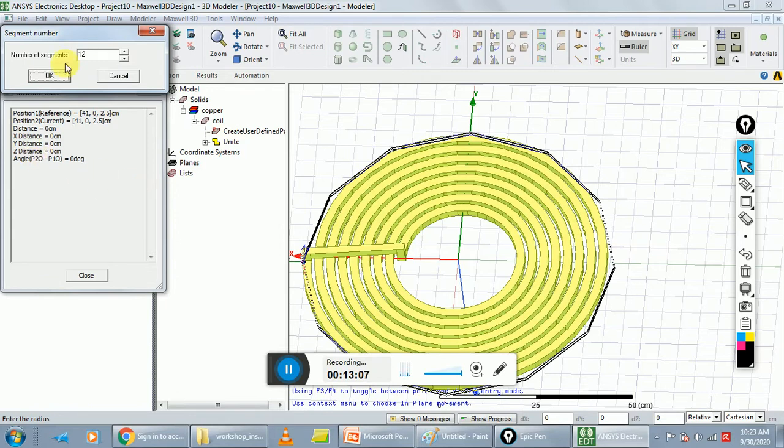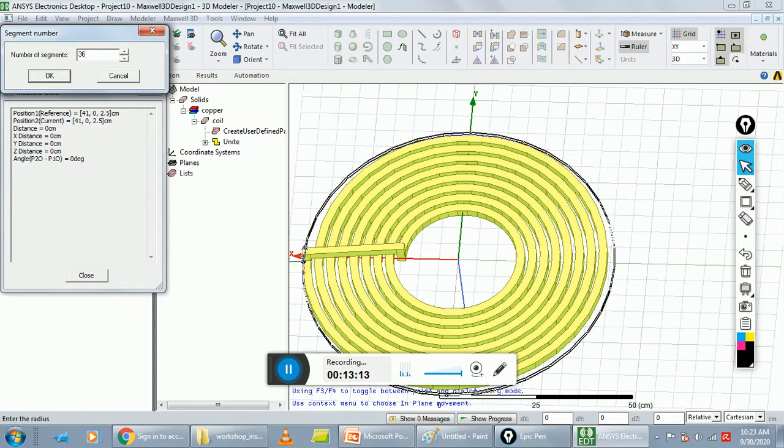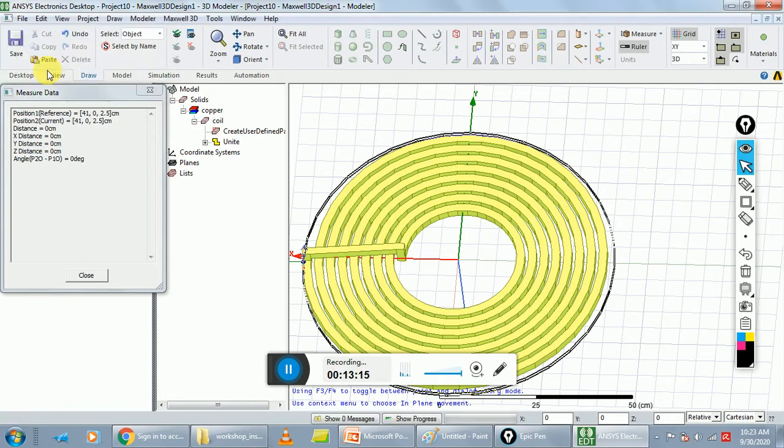Change the number of segments. Number of segments is 36 and click on OK.